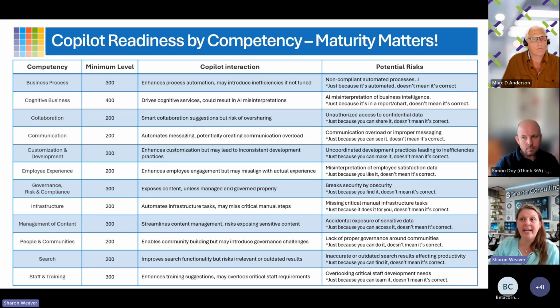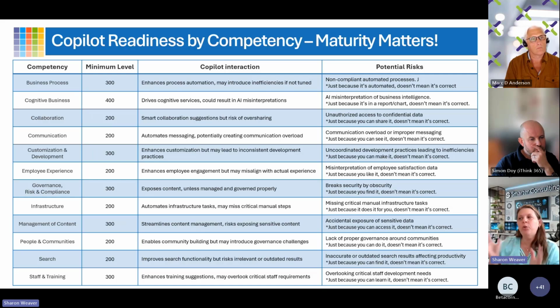Whereas for your BI, your data, your customization and development, things like that, I think you're going to want a higher level of maturity, because the risk of bringing Copilot in and causing problems is higher if you're not there. So I put these things down here for each of these. The idea really is just to give you a reference point. And I may not be right. This is all open to interpretation. I just put my thoughts based on what I know of the competencies, what I know of Copilot, and what I know of people I've worked with who have come in at a given maturity level. And hopefully that'll help you to understand.